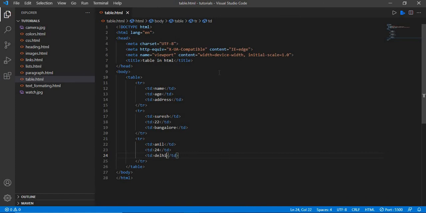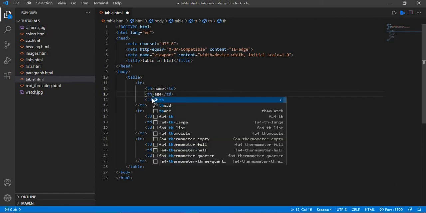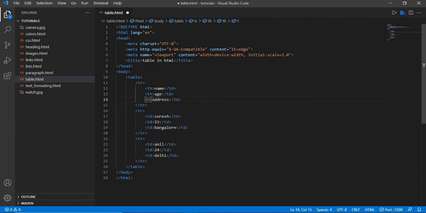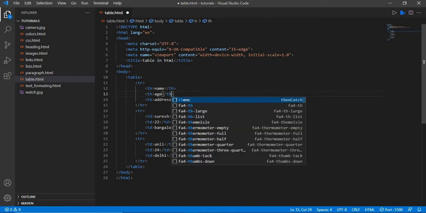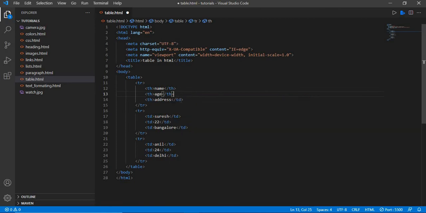Here, instead of td, we'll write th. Table head is for giving headings of the table.